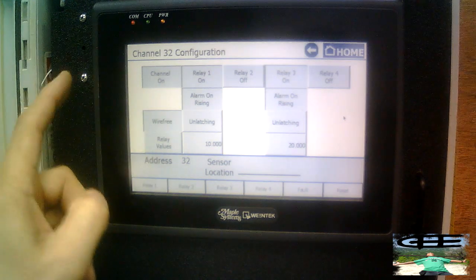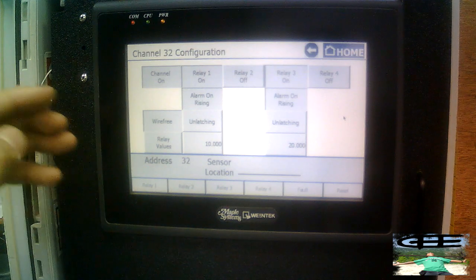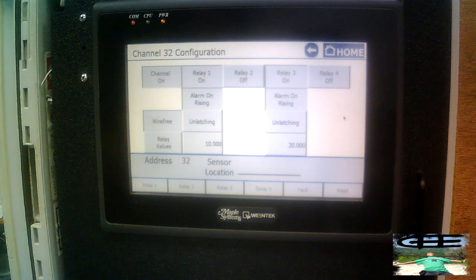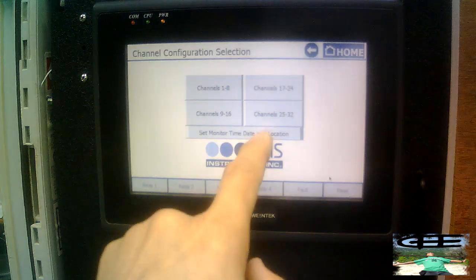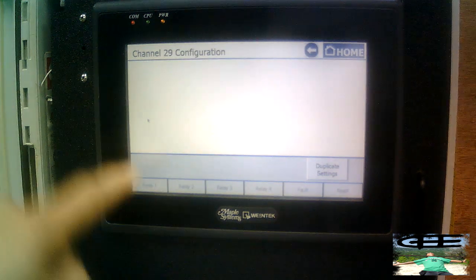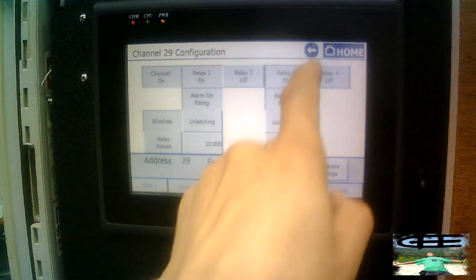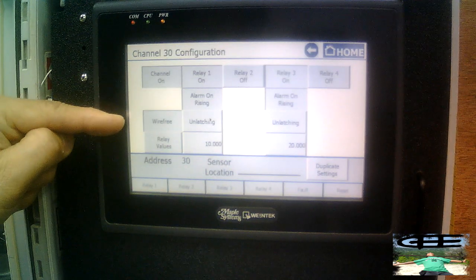By the way, channels 29 up to 32 are an option where you can place your 4 to 20 milliamp sensor. Okay, let's check. Going to 29. See, 29 up to 32.